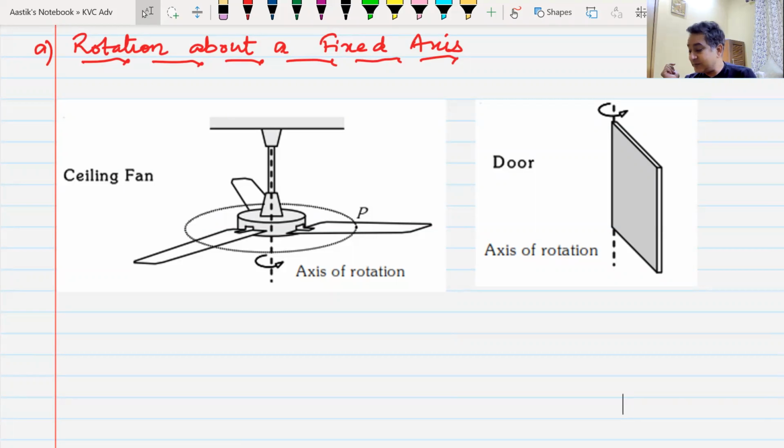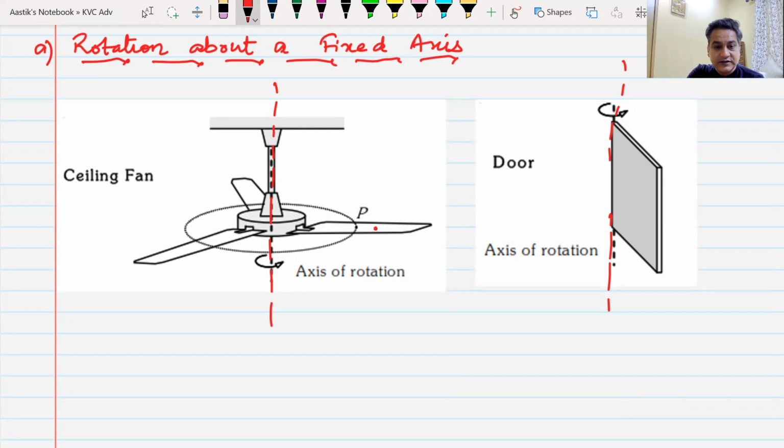Now look at all these examples. You look at any point on the ceiling fan, it is moving in a circular path. Yes or no? Yes, sir. About an axis which passes through this line. That becomes your axis of rotation. You don't have to draw this typical diagram. I can't draw it, that's why I'm using it. Look at this door also. All the points are moving on a circle. The centers of all those circles lie on a fixed line. Yes or no? That is your axis of rotation. Do we understand this? Yes, sir.